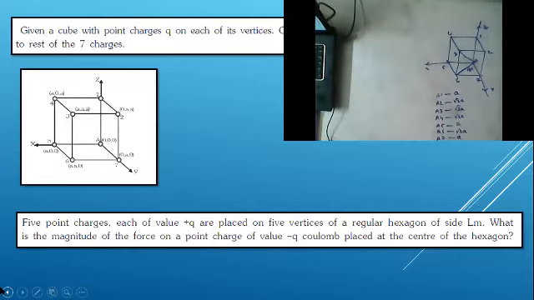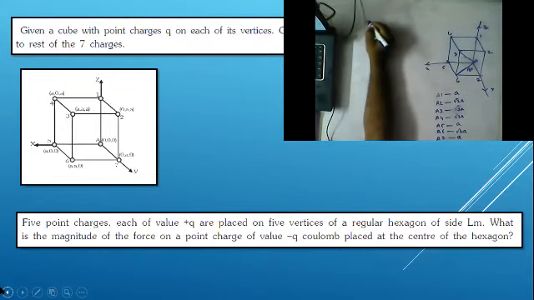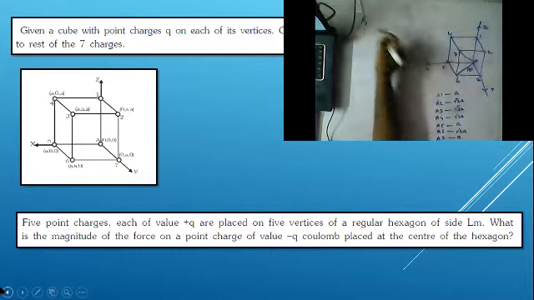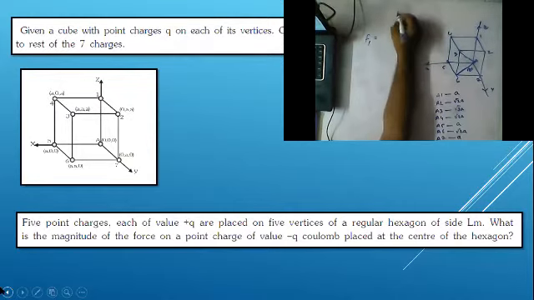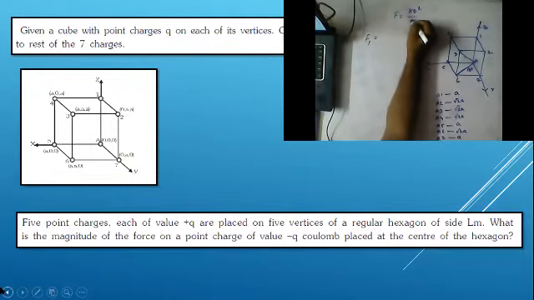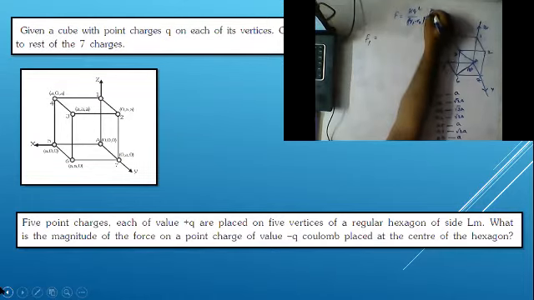Now coming to the next point. Our formula is what, guys? First of all, I'm considering the value of F1, which is nothing but the force due to the first charge. What is the actual formula? F is equal to K Q square by the modulus of R1 minus R2 whole cube. This modulus is nothing but distance, and here it is R1 minus R3.